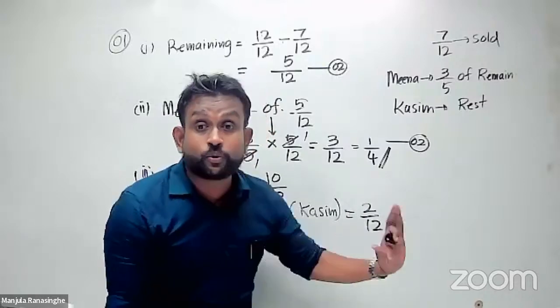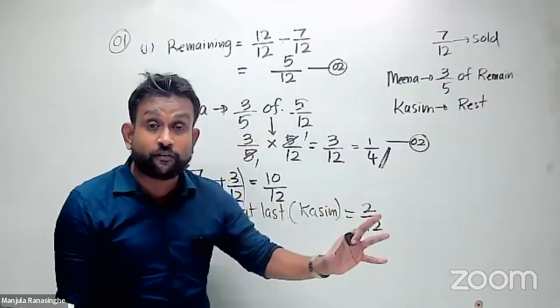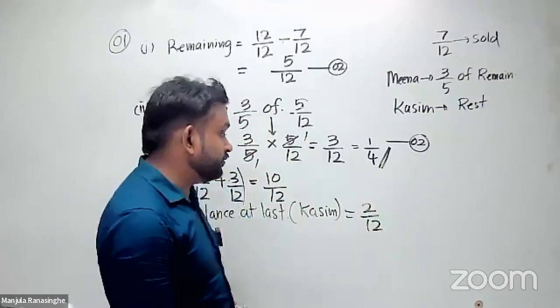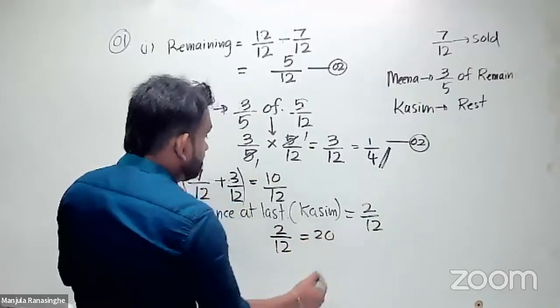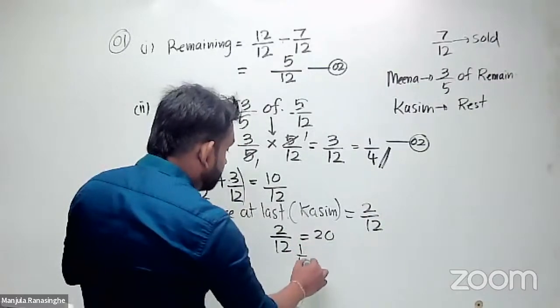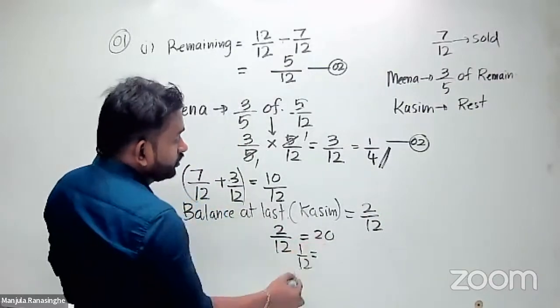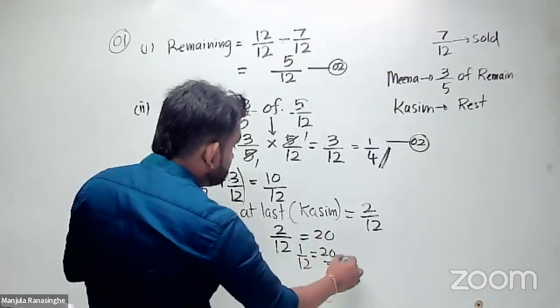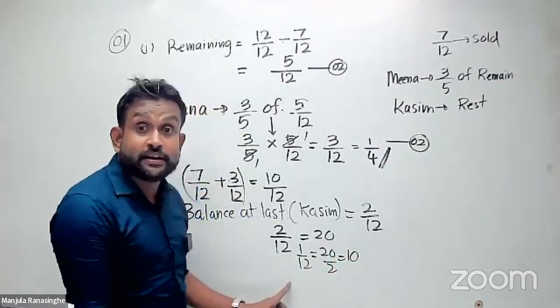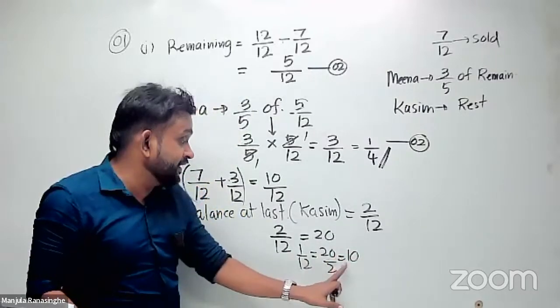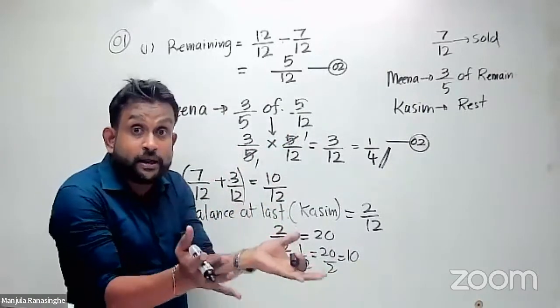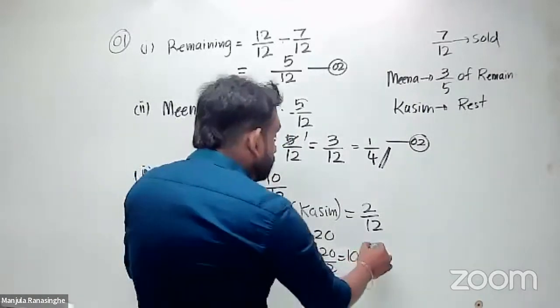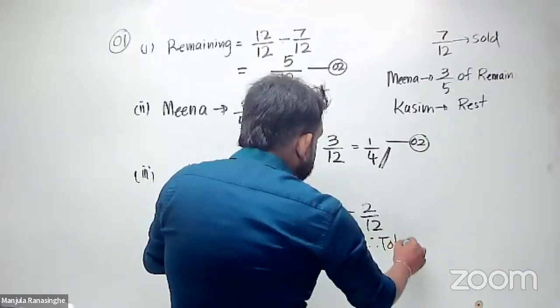So that is equivalent to a quantity of 20 olives. Now you can see that 2/12 equals 20. Then check 1/12: just divide both sides by 2. 20 divided by 2 is 10. So 1/12 of the olives is 10. Then the total olives means 12 parts. Then the total number equals